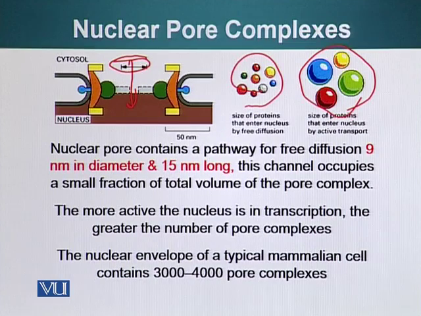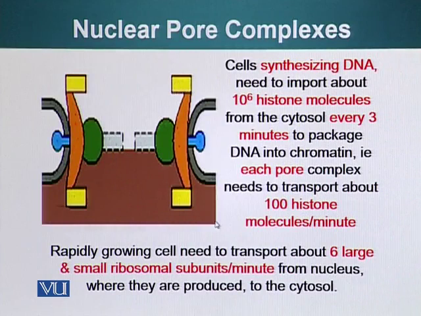So the nuclear membrane adjusts the number of pores in relationship to what that cell is doing. A nuclear envelope of a typical mammalian cell contains about 3,000 to 4,000 pore complexes. However, this number can change depending upon the cellular requirement. For example, a cell synthesizing DNA needs to import about 1 million histone molecules from cytosol every 3 minutes to package DNA into chromatin, which basically means that each pore complex needs to transport about 100 histone molecules a minute,